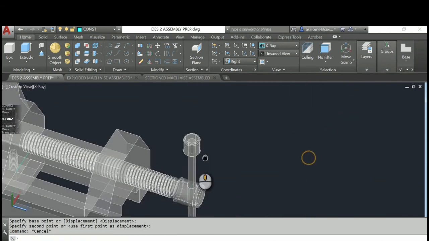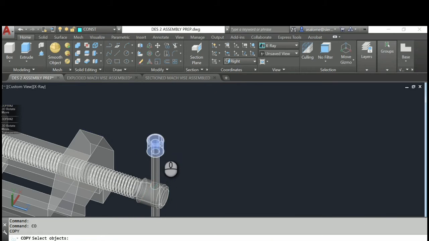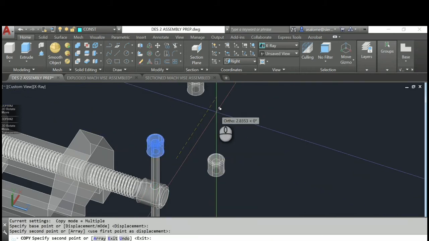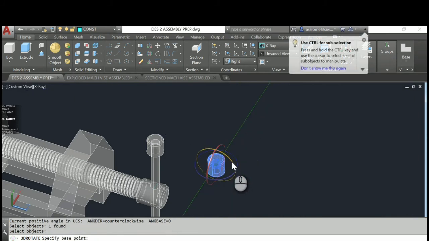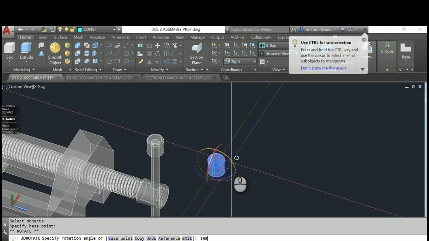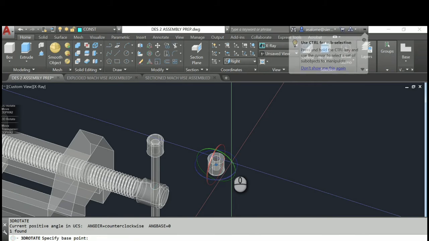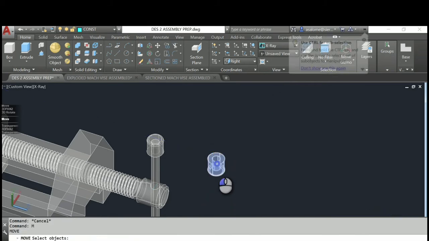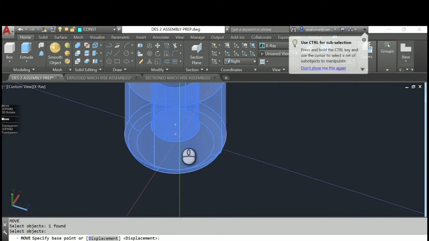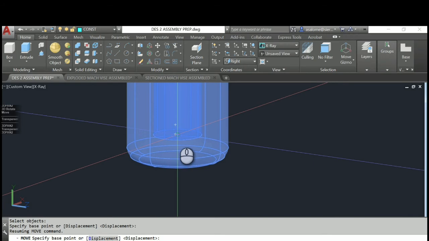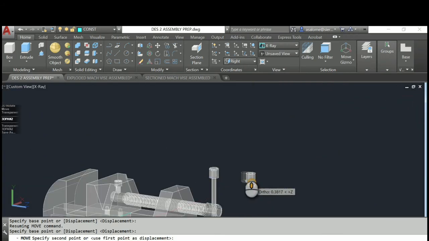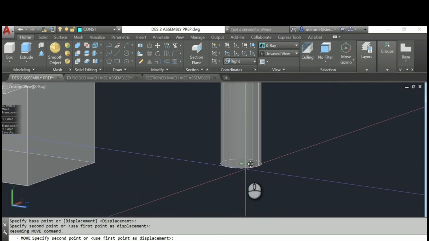And then we're going to copy that, and we're going to gizmo rotate it 180. And then we're going to move from the, make sure I get the right center here, that center. And we're going to go to that center.